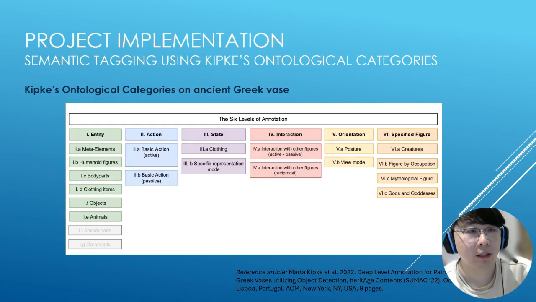In Cappy's research, he used computer vision techniques to classify images of vases. He defined six levels of entities and their subcategories. In our project, we are adopting Cappy's findings as the foundation of our description classification. We're applying these categories to the textual descriptions in our dataset. We have uploaded supplemental material regarding his findings.